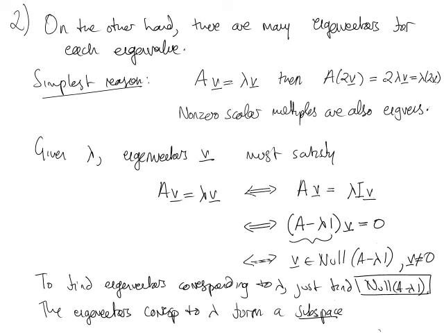And this is called the eigenspace corresponding to lambda, which is sometimes denoted E sub lambda. Okay, I should add, the eigenvectors corresponding to lambda and the 0 vector, right? Because 0 is not an eigenvector. Okay, so